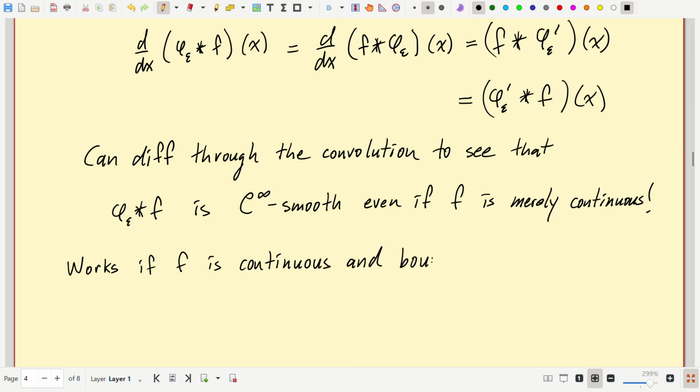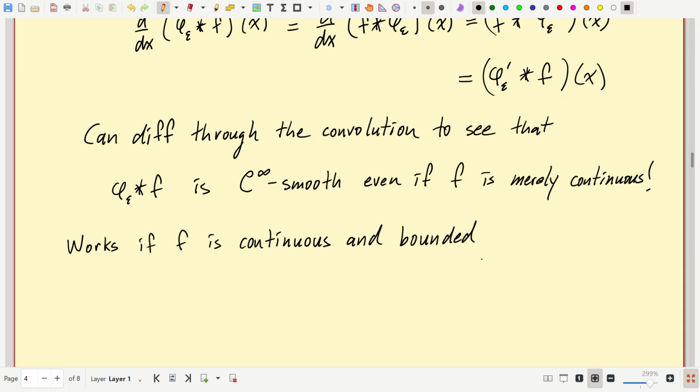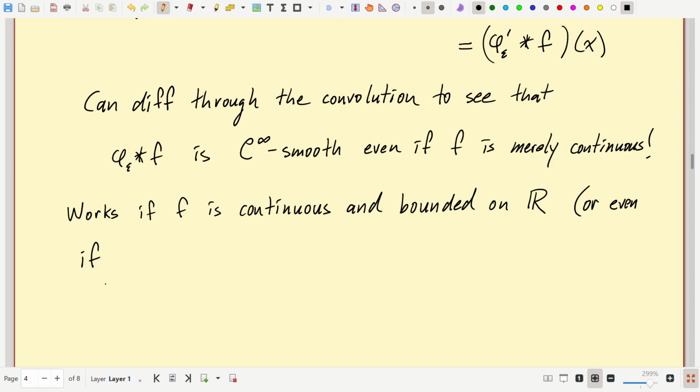And if you really think hard about how wild you could let f get, you could see, or even if f is of exponential type, is piecewise continuous,